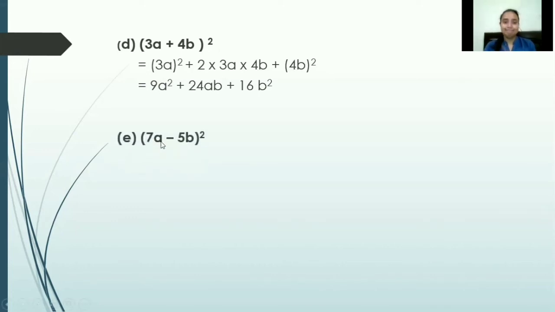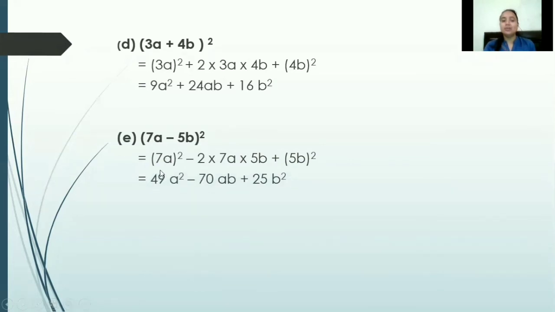Now, the same thing with a different sign. The (a - b) whole square identity is going to be used. See, a² means the square of the first term, minus 2ab. Here my a means the first term is 7a and b means the second term is 5b, plus the square of 5b. Remember, don't put a minus sign here because here is a minus. Only this 2ab term will get the minus. Now simply open this square and give the answer. 7 square is 49a², minus 70ab plus 5 square, 25b², isn't it?